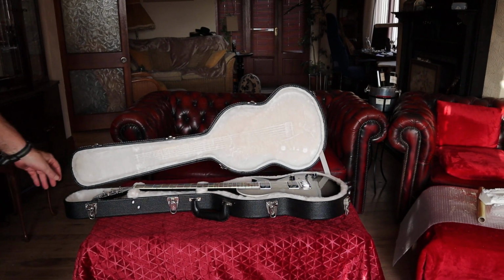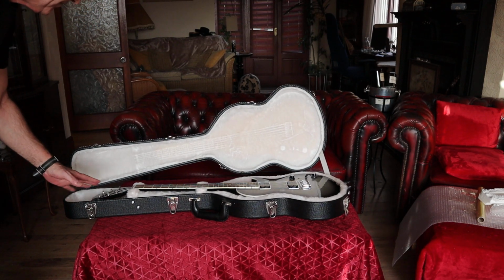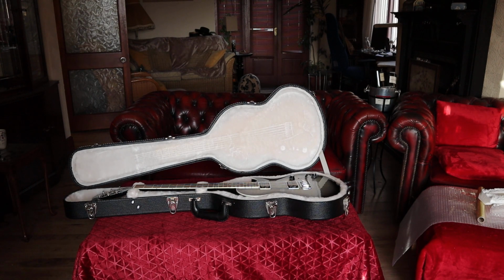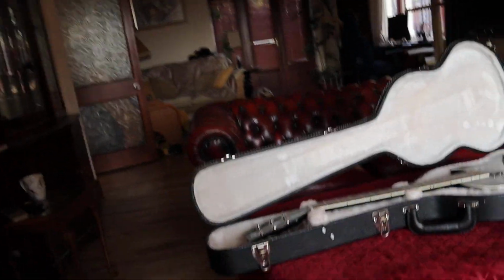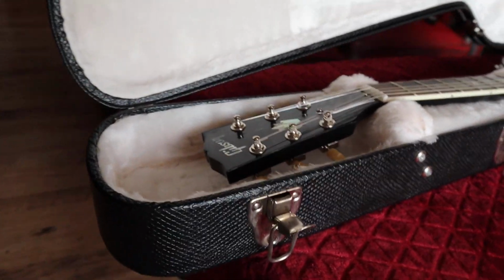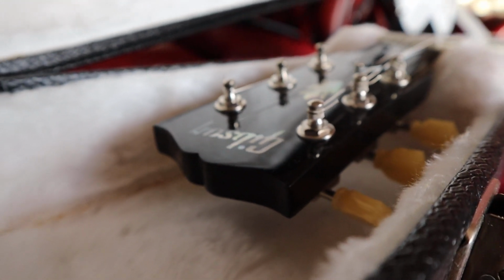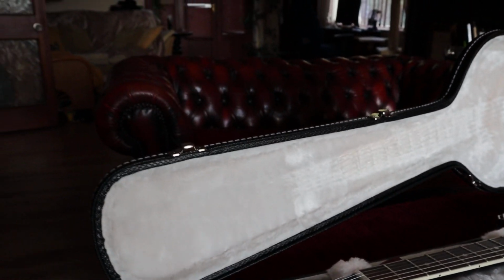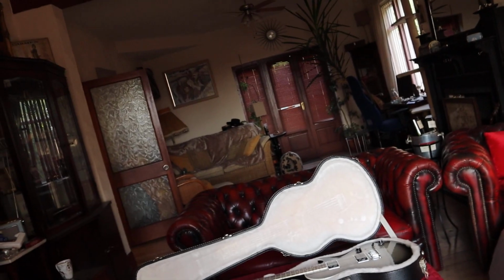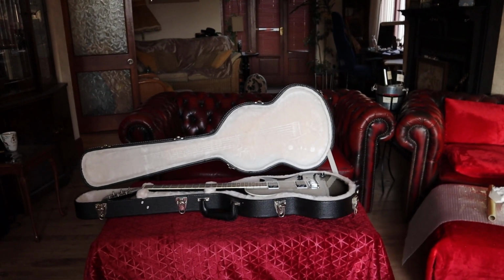If you feel that there's any packing needed, for any lateral or up and down movements, then by all means use some packing. But let me just remove you from here and I'll show you what I mean. You should be able to see fairly clearly that the headstock is absolutely nowhere near the base of the box that it goes in, and this is what is required with a Gibson, because if you've not supported the neck to make sure the headstock clears whatever the guitar is going into,